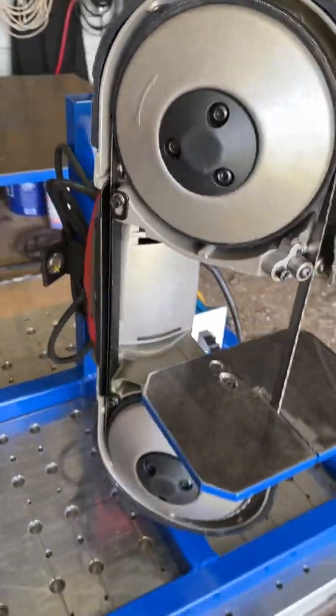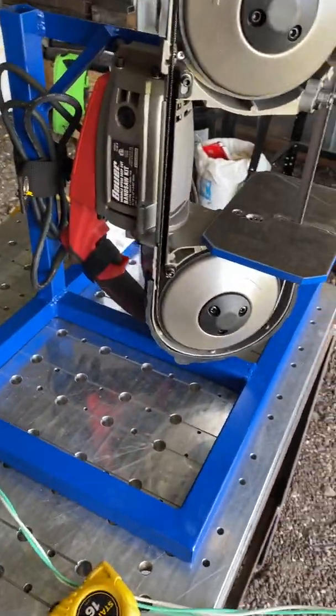So there you have it, guys. If you want to build something similar,